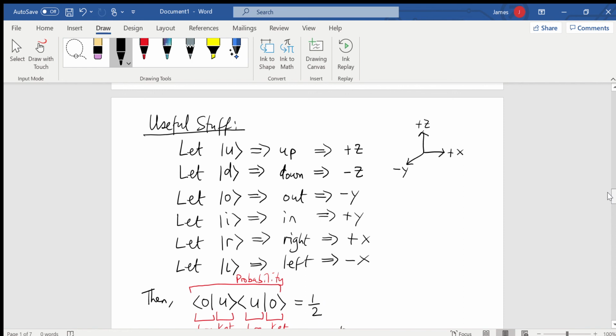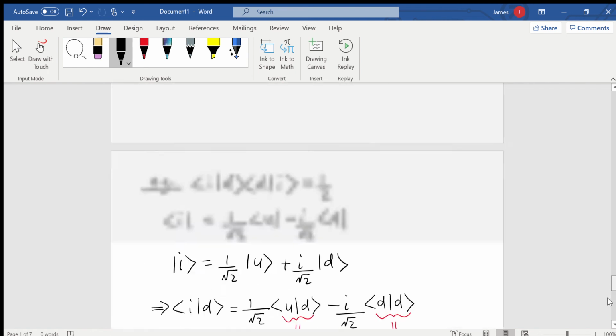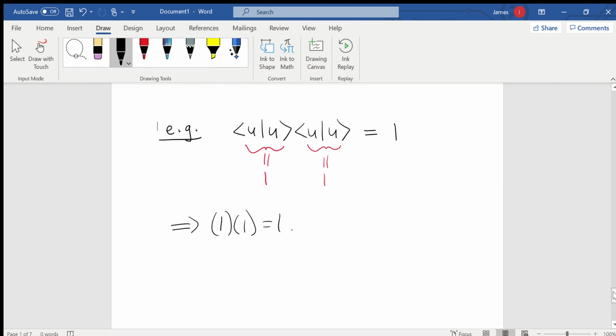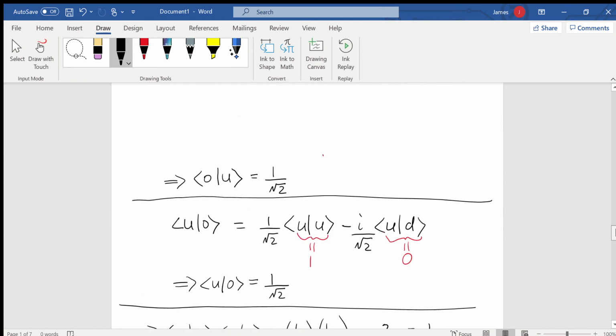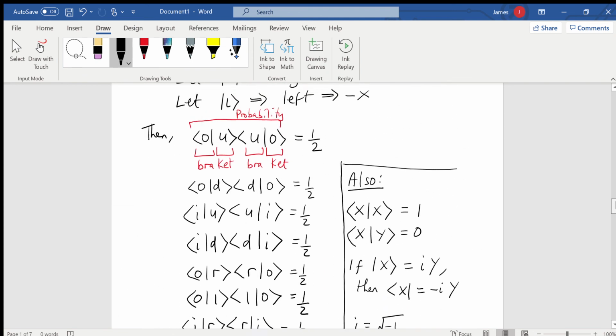If I have an electron that I know is up, what if I measure it as up again? Will it be up again? Yes, you've just seen if it's up and you measure it up again, it will be up with 100% probability, or a probability of 1. However, if